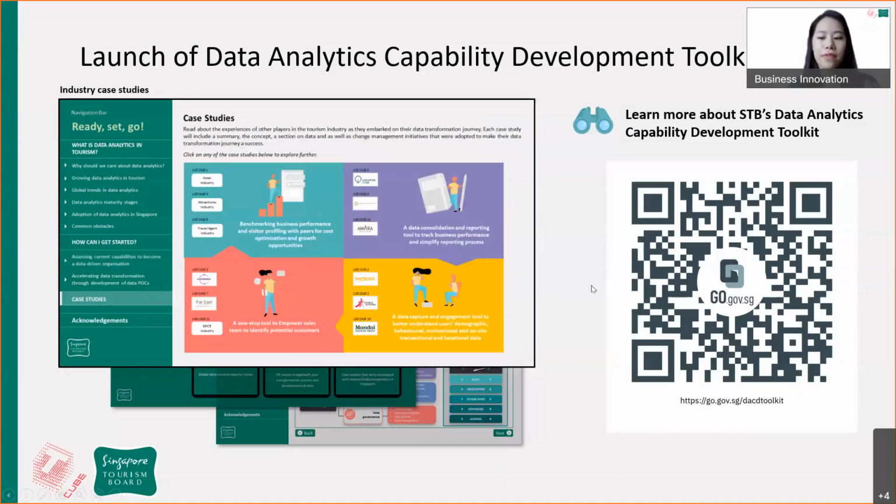Within this toolkit, we also have a lot of case studies from all of our core industries, including hotels, travel agents, MICE, and attractions. We also have resources on data quality, data standardization, and even how to build up your own data warehouse.